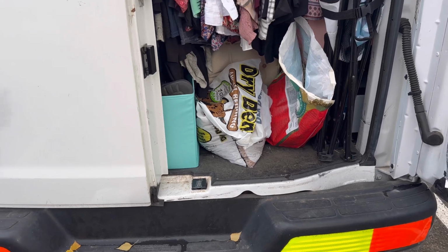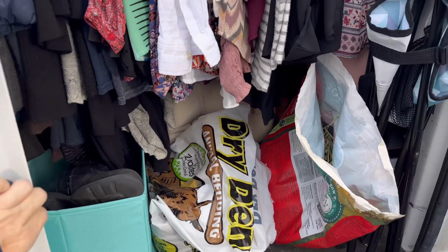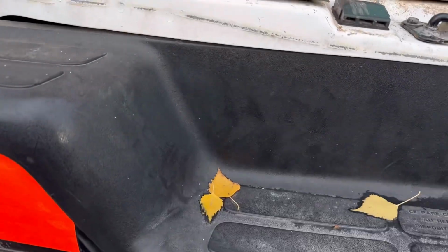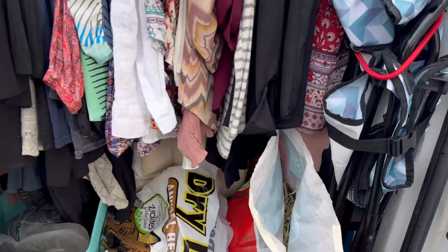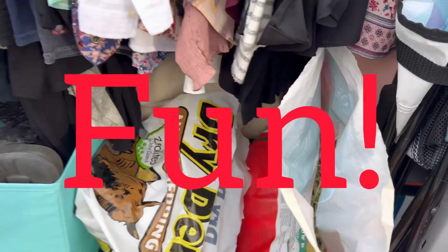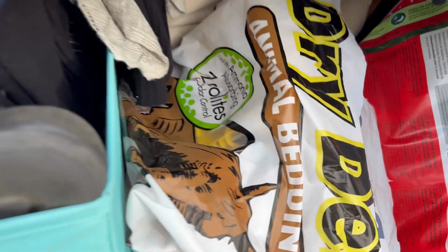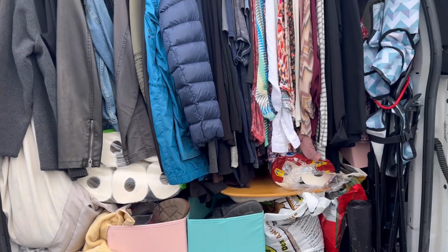Okay, that's fantastic. That is what it's like living in a van. I will tell you what, there's way too much stuff, way too little space, and half the time you can't find anything. Okay, so it's fun. I'm trying to find my mini dash cooker, but this is